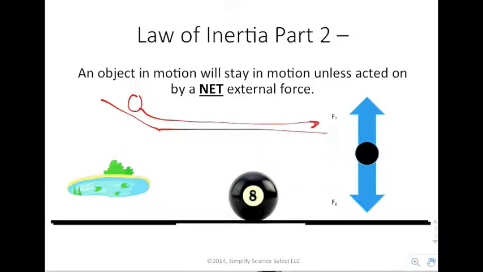Now, you did see there was an external force acting on the ball whenever you had a tennis ball or it was on a different surface, because there was what we call friction. Friction is a net external force. It can slow the ball down. Now, if there was no friction, if you had this on something like ice, it would continue to go forever.